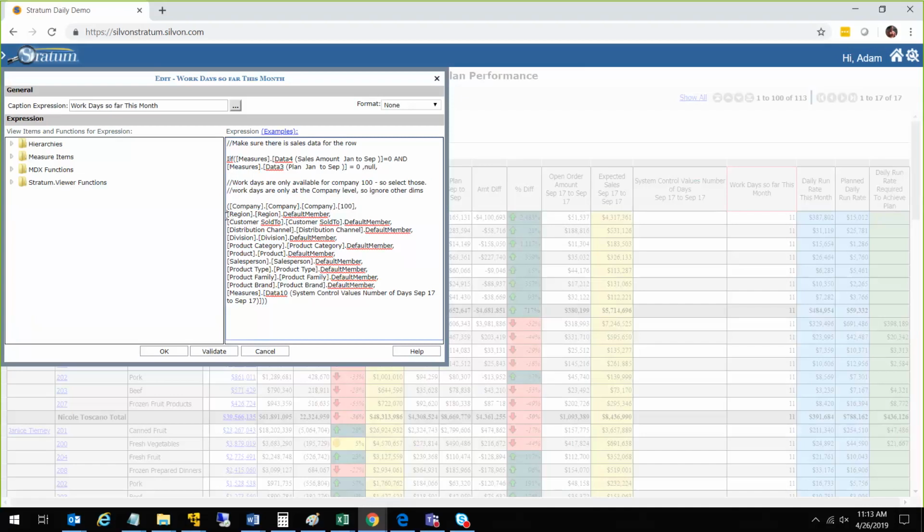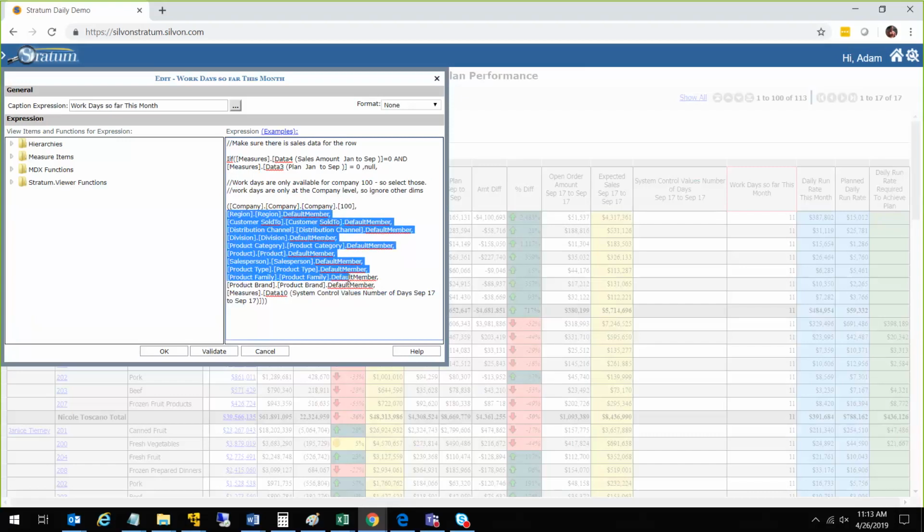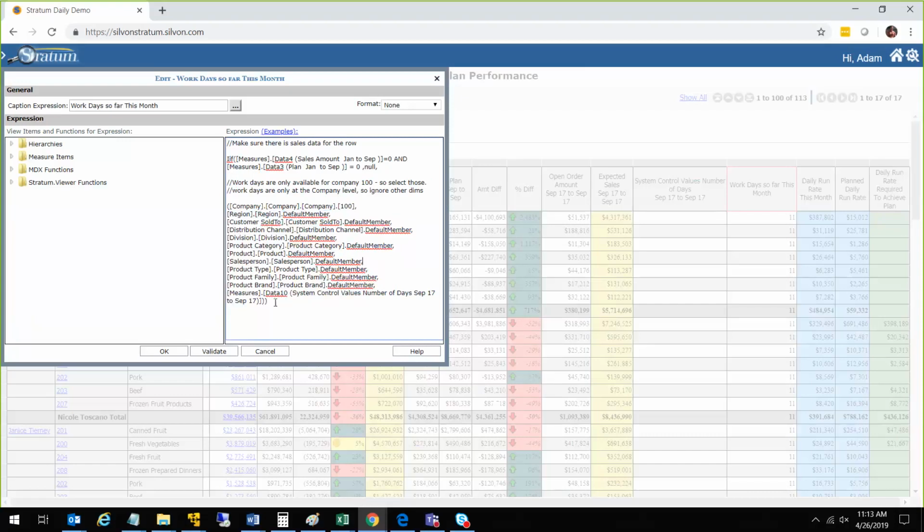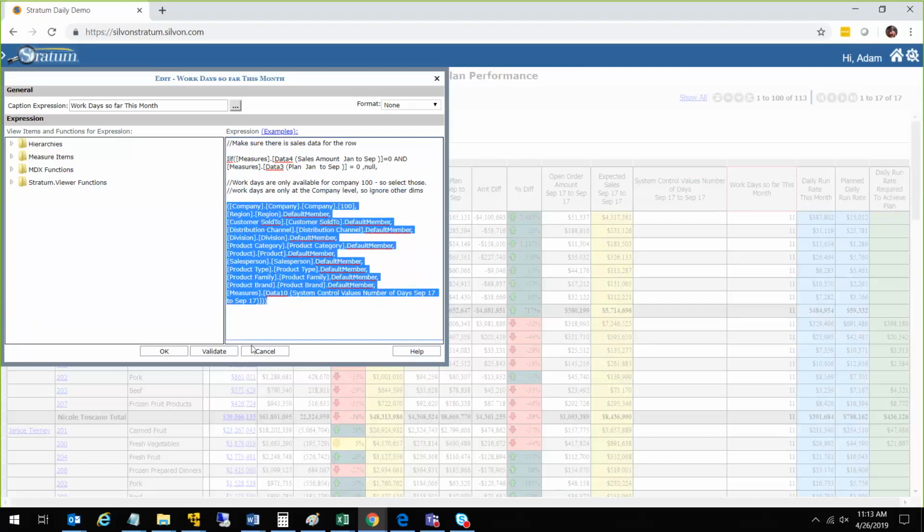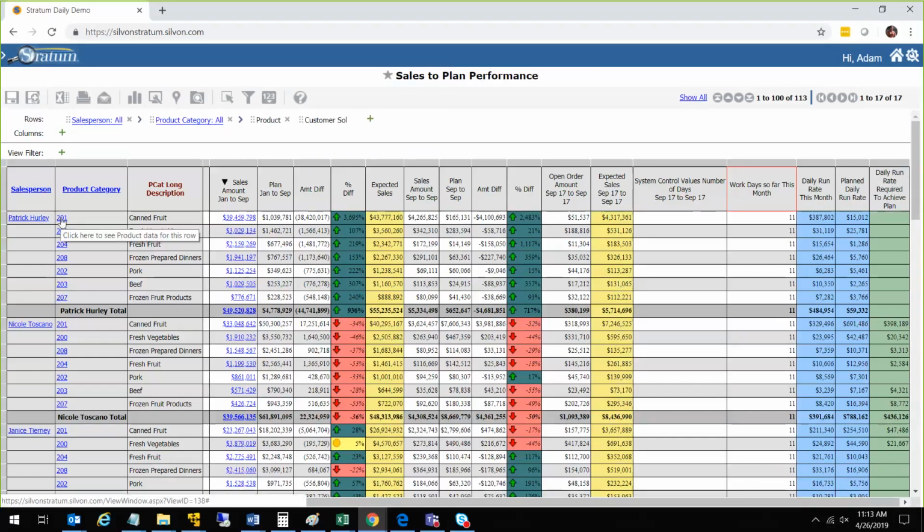But notice how we're actually listing out the rest of the dimensions within this view, and we're listing them out using that default member syntax, which will then essentially ignore all the other levels within this view that could potentially get drilled to. And that's really all there is to it. It is kind of a big beast, but as you can see, I can drill to any one of these different levels here,